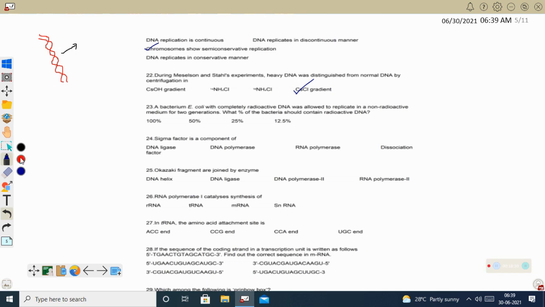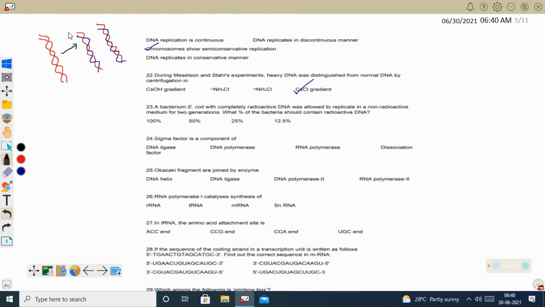Okay, and we are allowing this bacteria to grow in a medium which does not have radioactivity. So when this is growing in a medium, this bacteria will undergo multiplication. When it is undergoing multiplication, it has to increase the number of DNA. So here this DNA will undergo unwinding and produce 2 single stranded radioactive DNA. On these 2 single stranded radioactive DNA, in the first generation non-radioactive nucleotide will be attached. So all the strands, even though one single strand is radioactive, will show radioactivity.